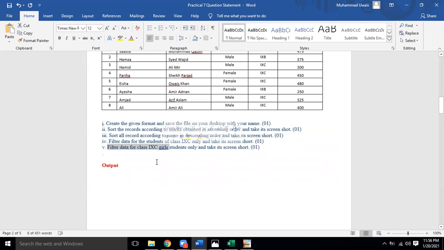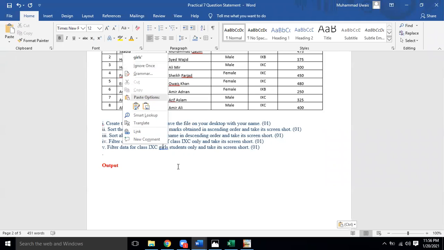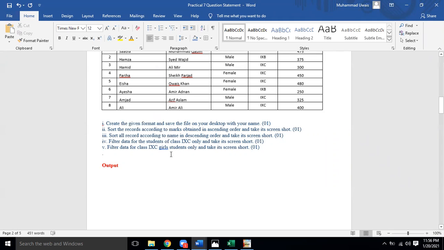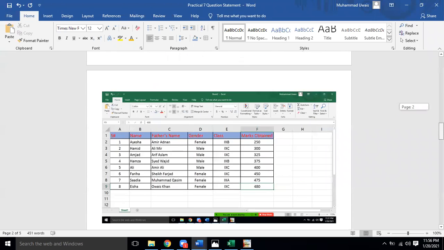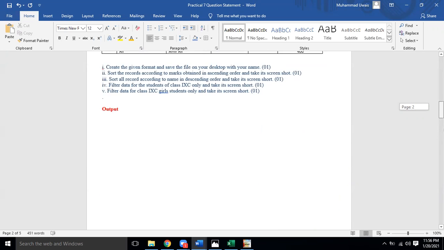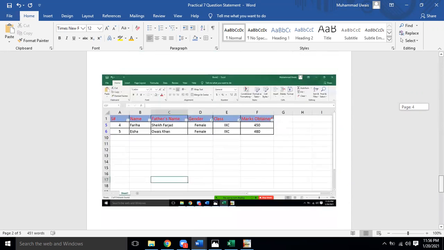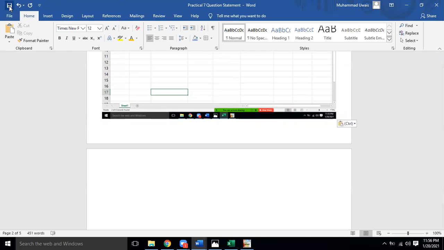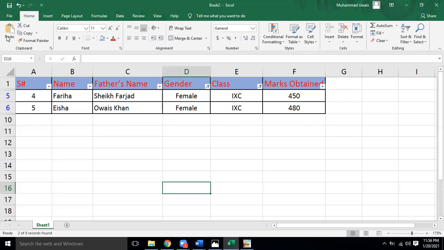Filter data for class 9C girls students only and take its screenshot. So we have taken these screenshots. You have to take all these screenshots in this way. Now come to the next section. We will save this file, we'll save this work